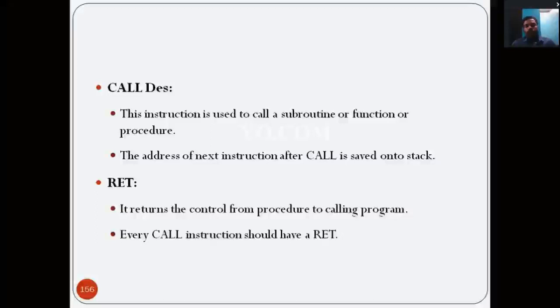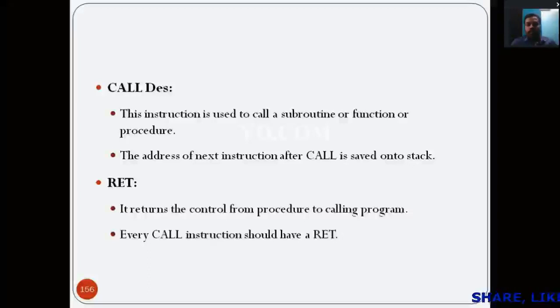For example, if you are calculating a percentage repeatedly in different places and write the code every time, the program size is larger, and the larger code size will reduce the speed of execution.